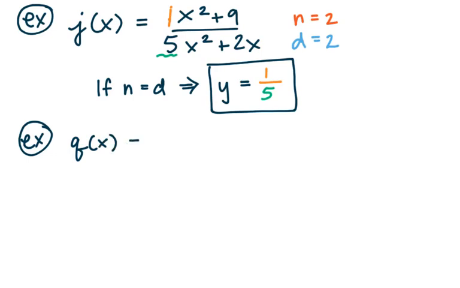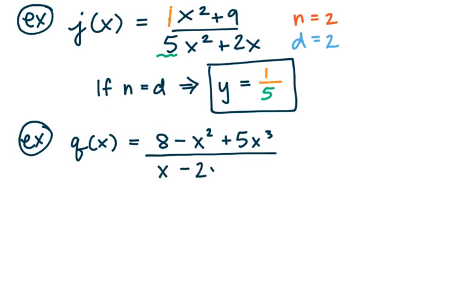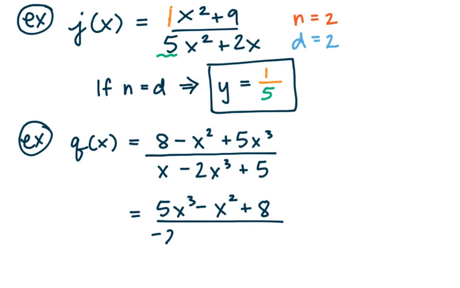Let's come up with another one. Q of x equals 8 minus x squared plus 5x cubed over x minus 2x cubed plus 5. So as we mentioned before, things aren't always written in descending order. I could rearrange these and I would have 5x cubed minus x squared plus 8 over negative 2x cubed plus